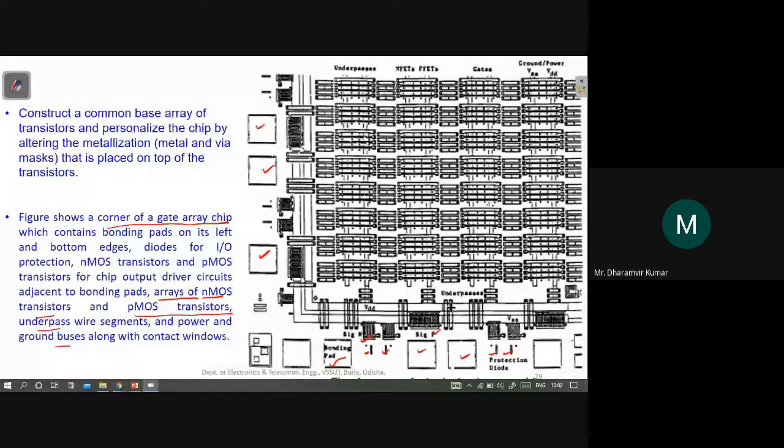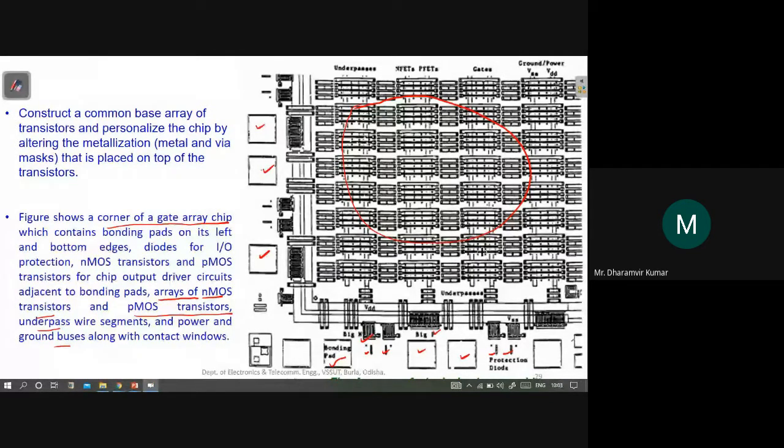But the idea is this: on the periphery we have the other components, most of them the bonding pads, which define the location of the input and output pins, and the way in which these pins should be connected to the internal transistors. So there should be some circuit for these also. These are available here, and the main body area will contain a huge array of NMOS and PMOS transistors, which would be used by the user to make its circuit.